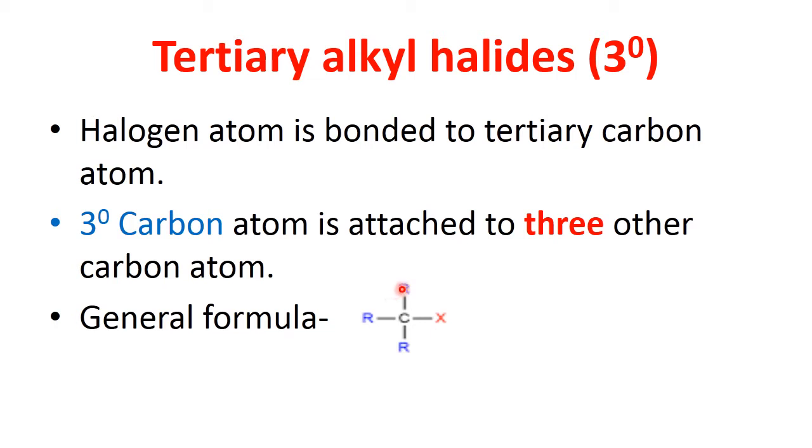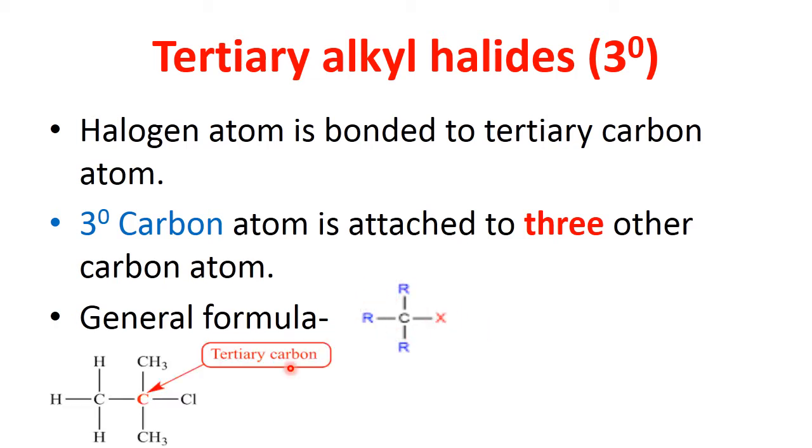In this case, there are 3 R groups and a halogen atom. In the first example, you can see this chlorine, as a halogen atom, is bonded to a tertiary carbon atom, and that tertiary carbon atom is attached to 3 other carbon atoms, and therefore it is an example of tertiary alkyl halides. And this tertiary carbon atom is bonded with other atoms with a single bond, and therefore it undergoes